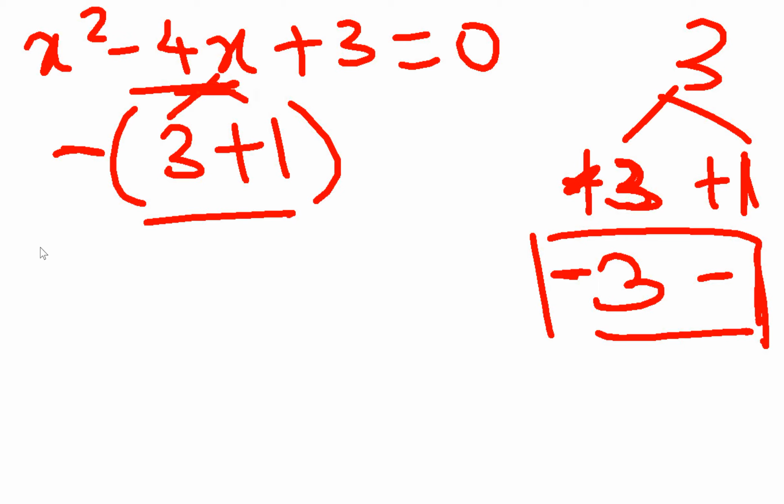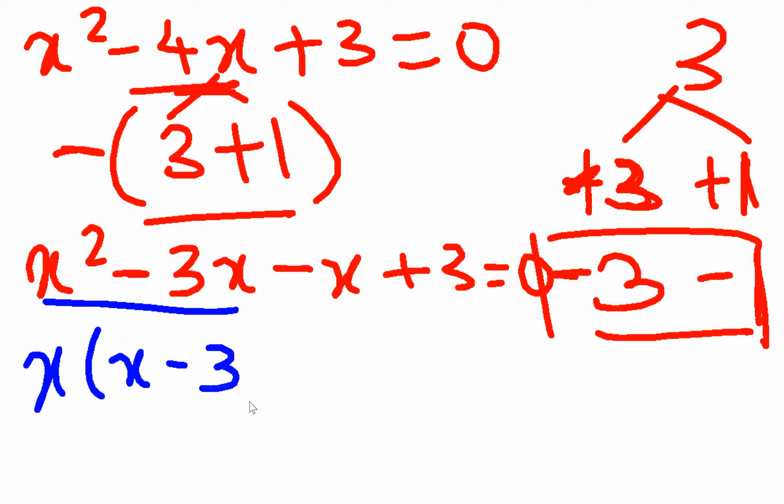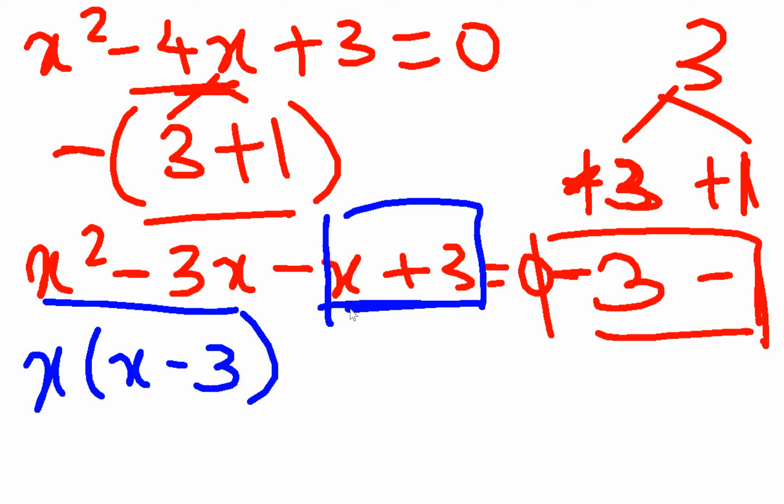So I can split the middle term as x squared minus 3x minus 1x plus 3 equal to 0. And what can I take in common from the first two terms? I can take x in common, so that I'll have x minus 3 in the bracket. And from the next two terms, I will take minus 1 in common. Remember, in the previous problems, we took plus 1 in common. But in this problem, I will take minus 1 in common, because I will take numbers in such a way that the x coefficient here will always have a positive sign. That is why I'm choosing minus 1 here.